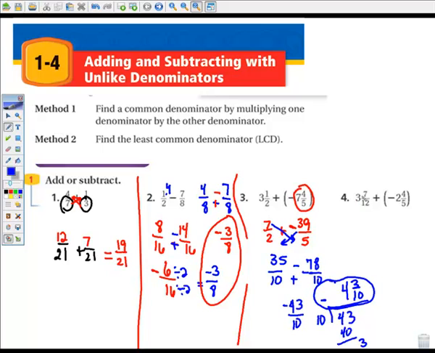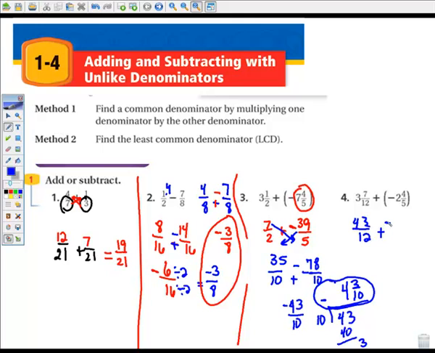So here we have 3 and 7/12 plus a negative 2 and 4/5. I'm going to change them to improper because I said that is my favorite method, and if you'd like to see it done without changing it to improper, come see me and I will show you how in class. I'll give you a little private demo. So 12 times 3 is 36. 36 plus 7 is